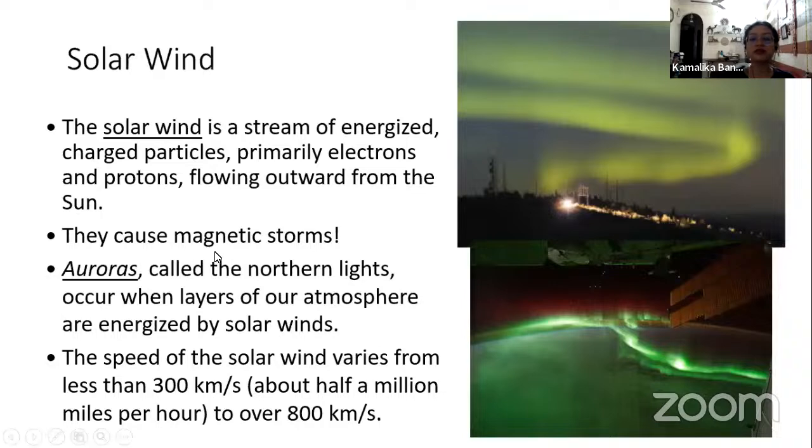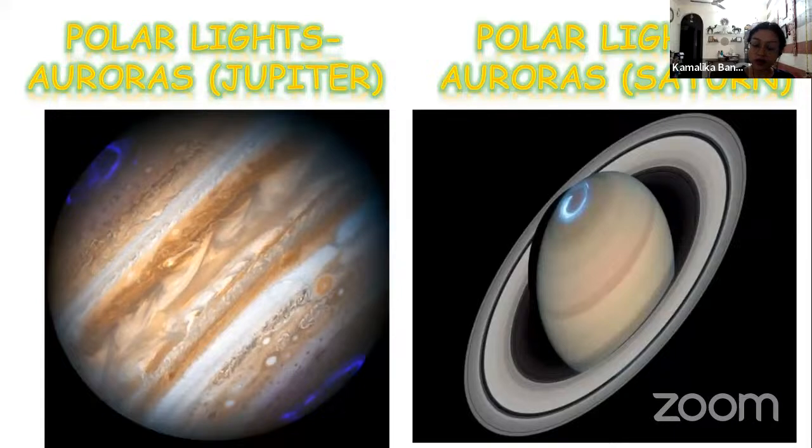The solar wind is a stream of energized charged particles, primarily electrons and protons, flowing outward from the sun. And they cause magnetic storms. They interact with the magnetic poles of our different planets, and they cause auroras, northern borealis. And not only on Earth, even we get to see auroras on Jupiter and Saturn, as you can see in